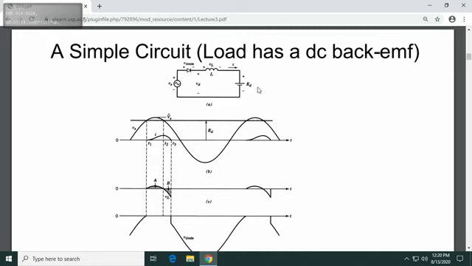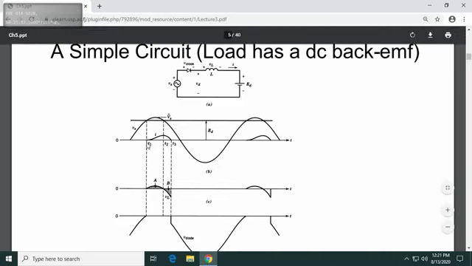So here our load is a battery. The battery is maybe fully charged, maybe 70% charged. You must have seen that when your mobile phone battery reaches 100%, it does not charge anymore. If it were continuously charged, the battery would have been destroyed. Normally at night we plug in the charger and let it charge the whole night. But it does not charge because it reaches a maximum and does not require any more current. We also have a separate circuit to control charging, but this is just to see the picture.